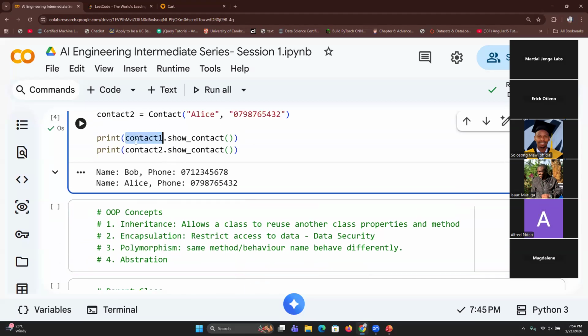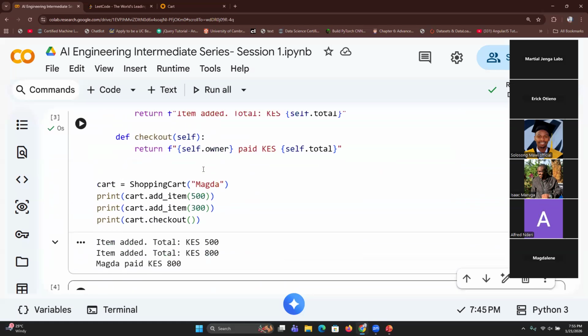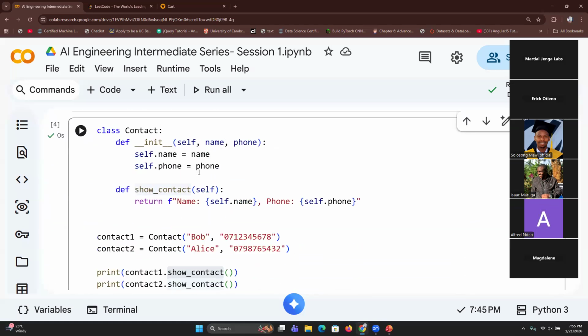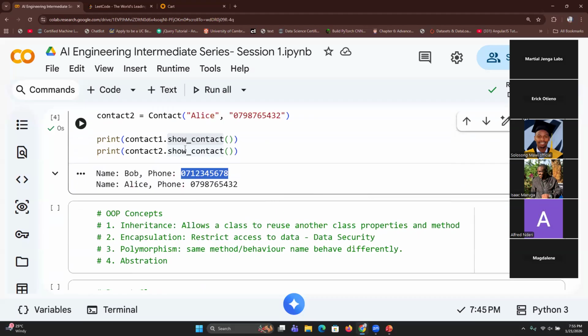The first instance of show contact is giving us the phone contact. Another example that we use, I think that should be it. Now, the same method, if we try it with another